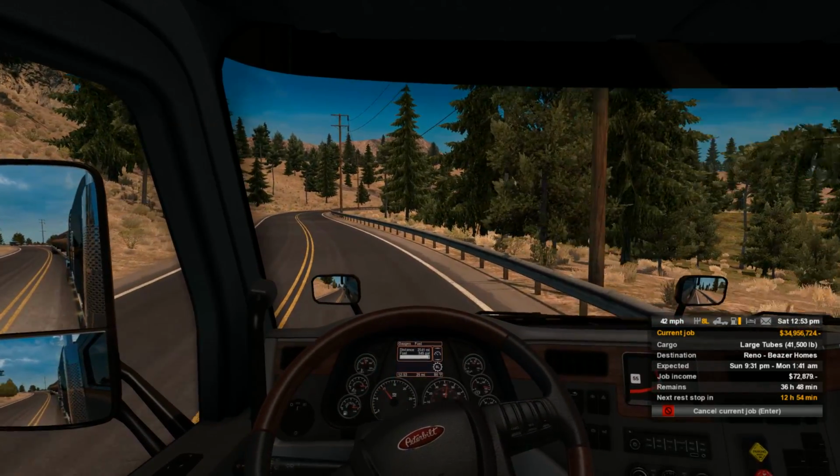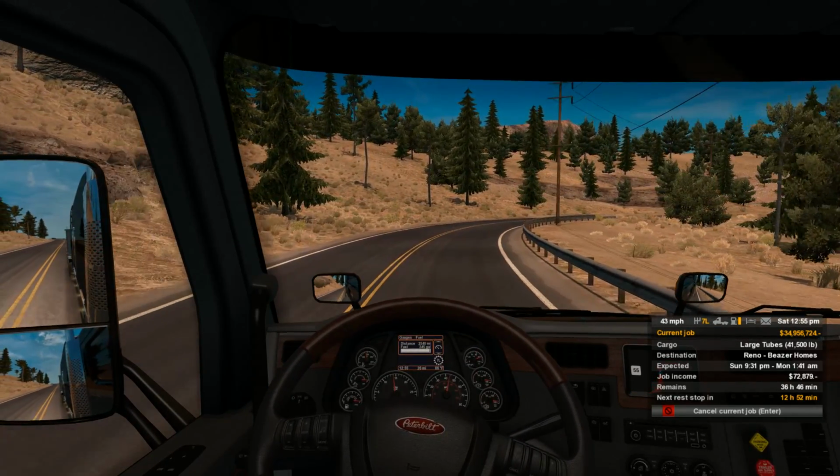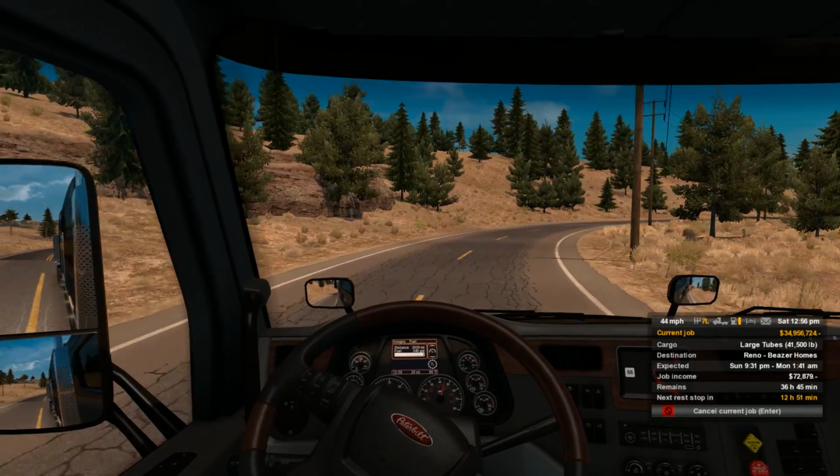Ooh, there's a little no warning sign there. Gotta pay attention. I haven't been down this section of road yet. This is part of the upscale, so we'll be taking in some scenery here too while I try to keep